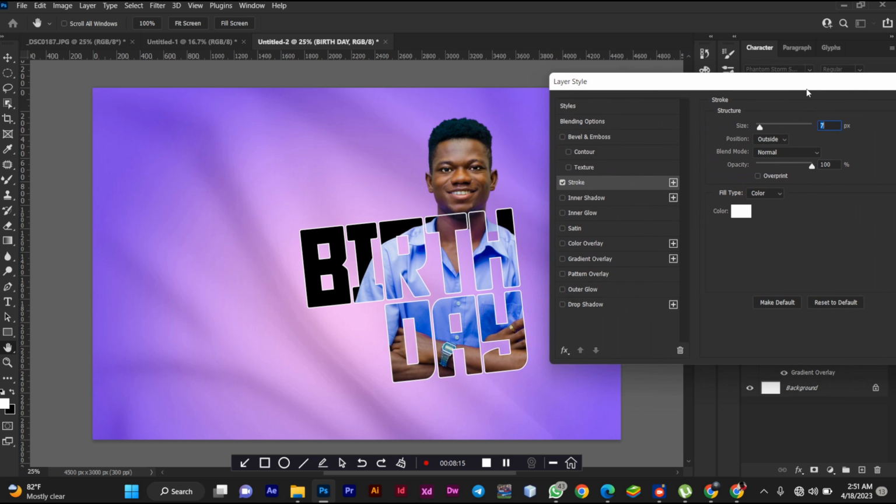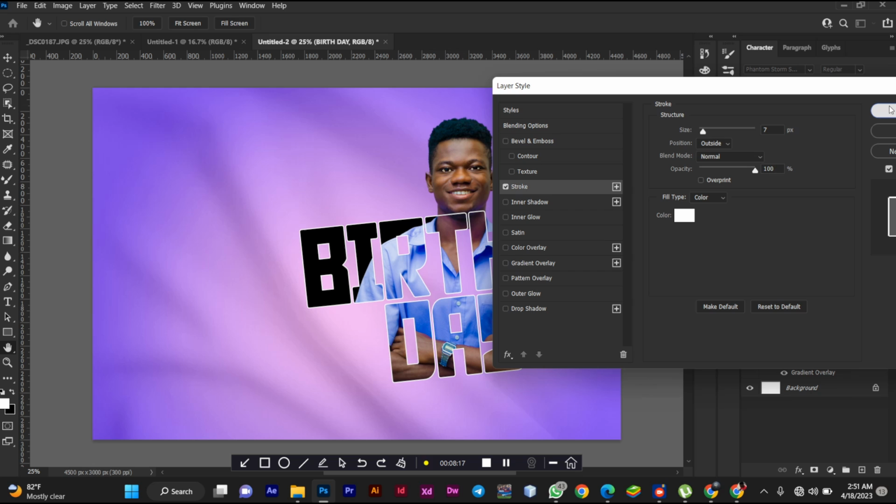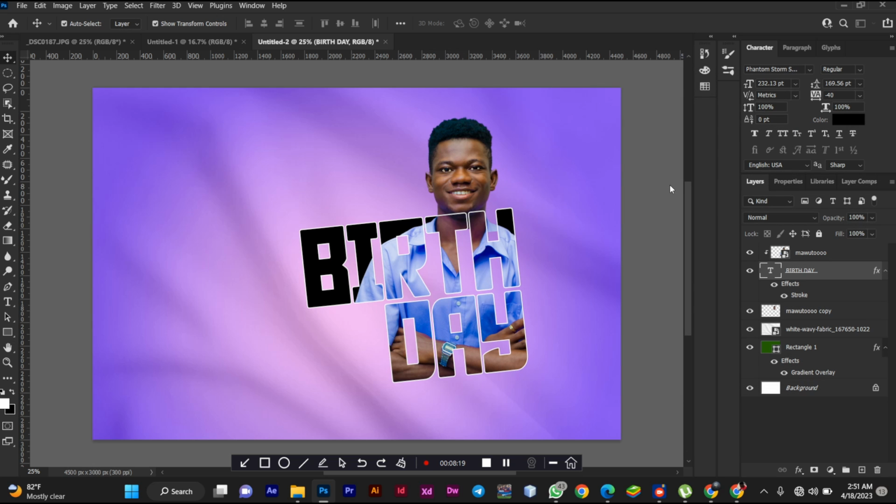So this is what I want, so click on OK. We normally see some flyers where we have this kind of designs around it, and this is the way you have to do it. So simple, it's not anything difficult. You write your text, you add stroke to it, you clip mask your image on it, and you're good to go. So now I have this image,